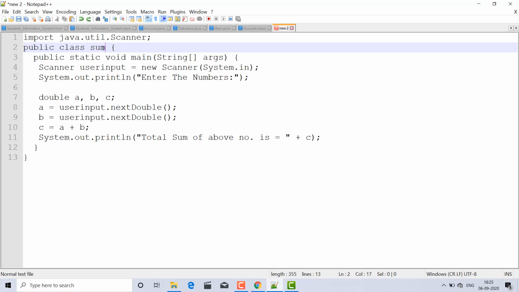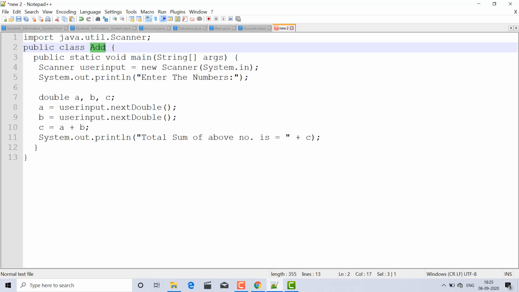You have to save with the class name, which is Sum. You can also take addition or whatever name you like, or simple Add, but the public class name is Add, so you have to include Add.java. Here it is Sum, so you would include Sum.java as the file name.